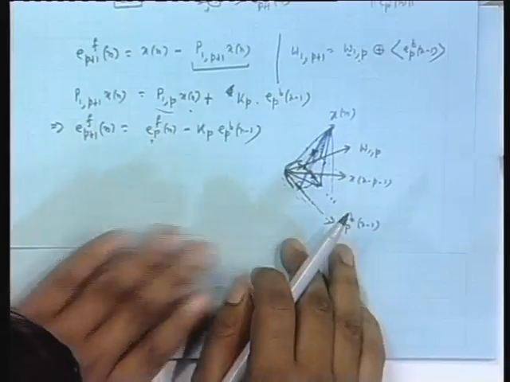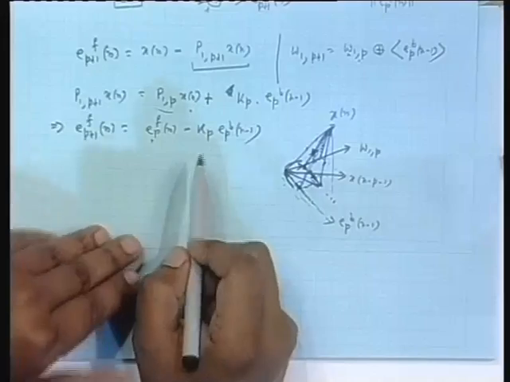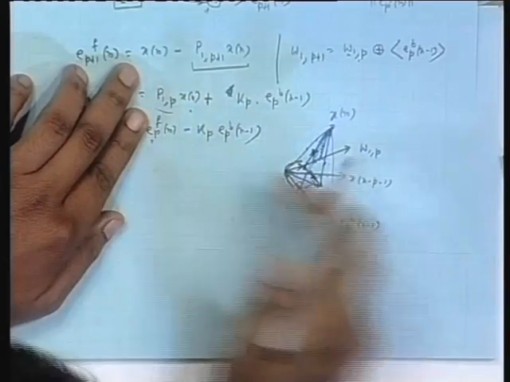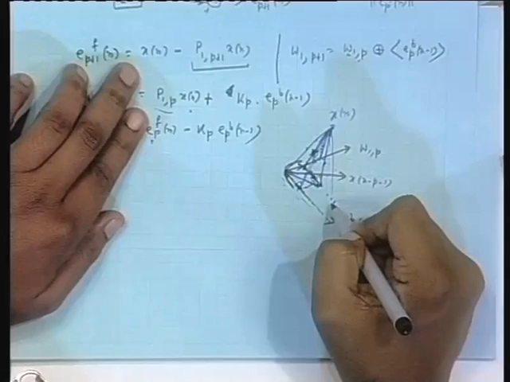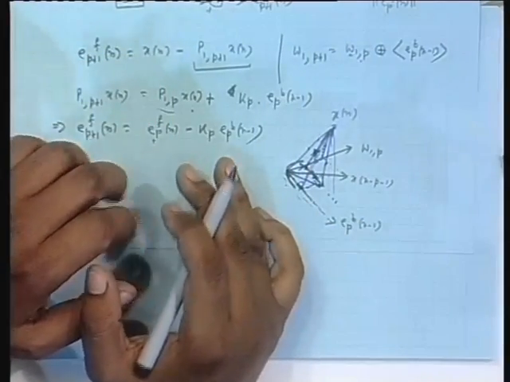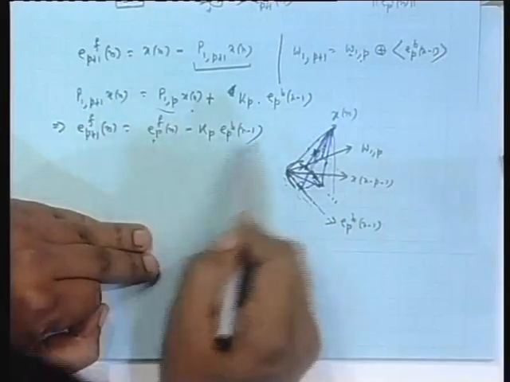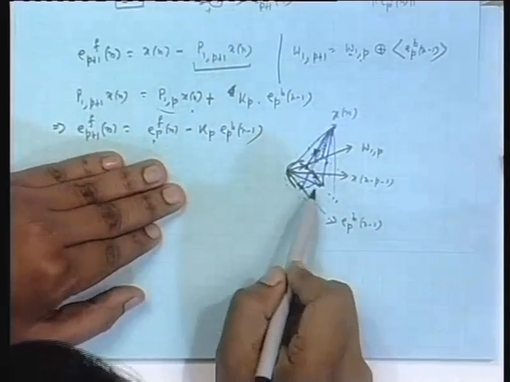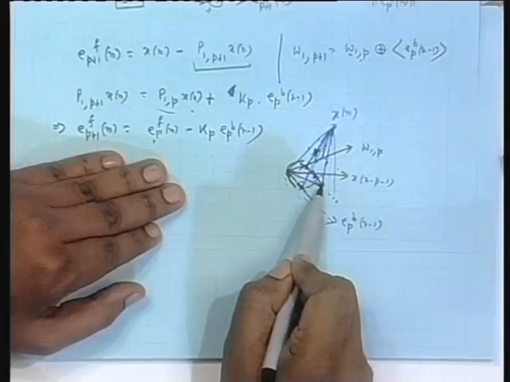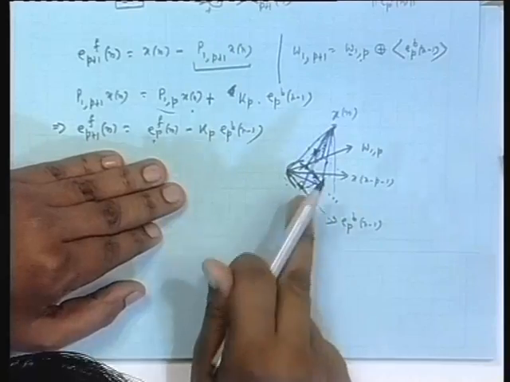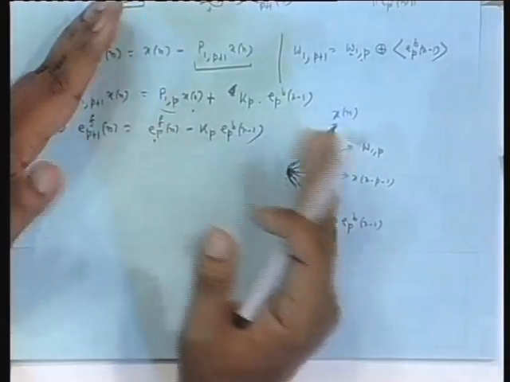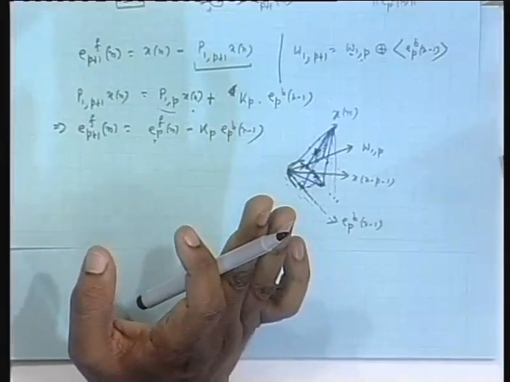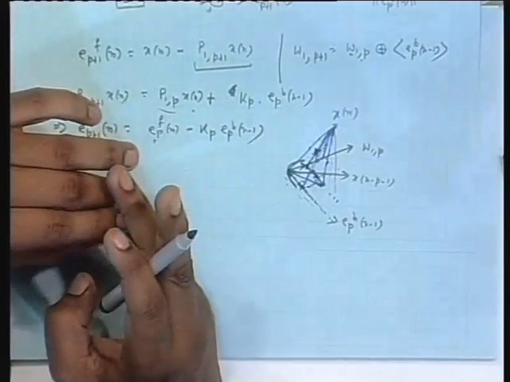So, if I take, instead of putting a Kp, a general expression EPFN minus some k times this, that is a general error vector. I take the norm square of that. The norm square has to be a quadratic function of k, which is clear algebraically, but I wanted to give you the geometric insight. A quadratic function of k, so that it has a unique minimum when k corresponds to this point, and as you deviate further from this point, the norm square of that error vector should increase. I don't know whether you understand.